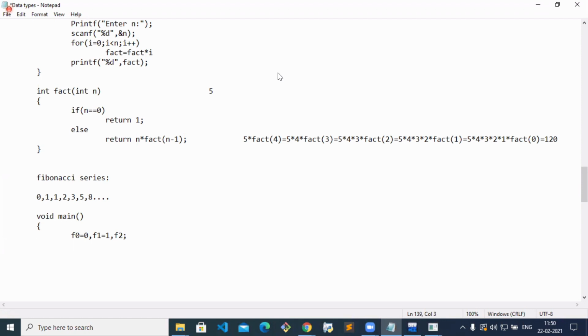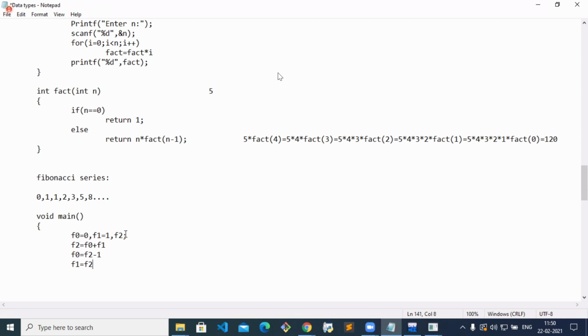F2 is equal to F1 plus F0. Next, F0 is equal to F2 minus 1, and F1 is equal to F2.